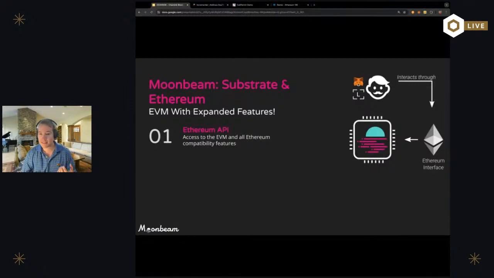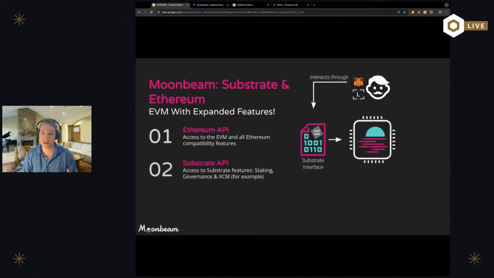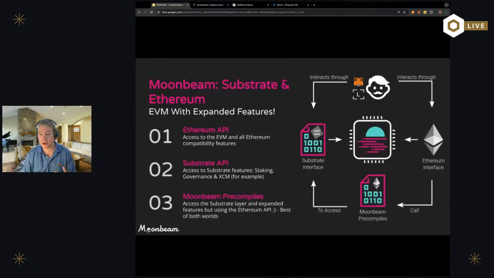And something that's unique is that Moonbeam is accessible through both the Ethereum API and the Substrate API. With the Substrate API, also known as the Polkadot API, you can submit transactions and calls to different pallets and modules. But something to understand is that a lot of these powerful features, such as staking, governance, and cross-chain transfers, are native to the Polkadot side of Moonbeam, the Substrate side. And so if you're not used to interacting with the Polkadot API, some of these features could be a little bit trickier for you. That's why we built precompiles,